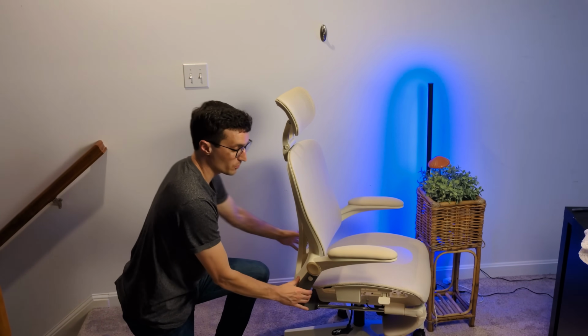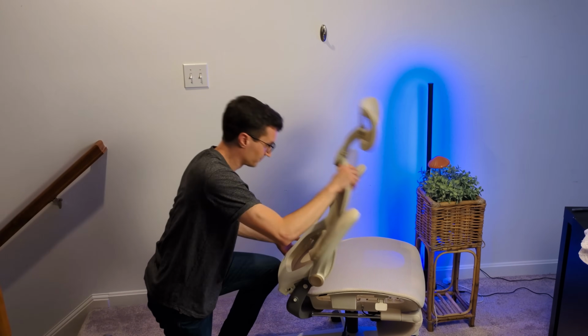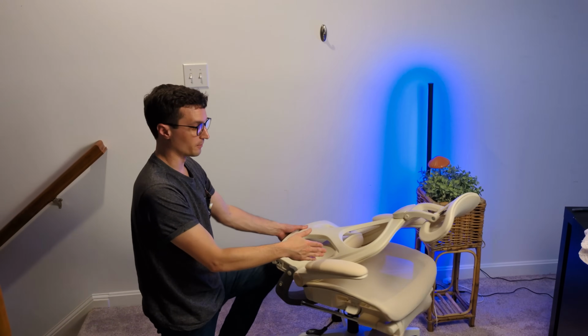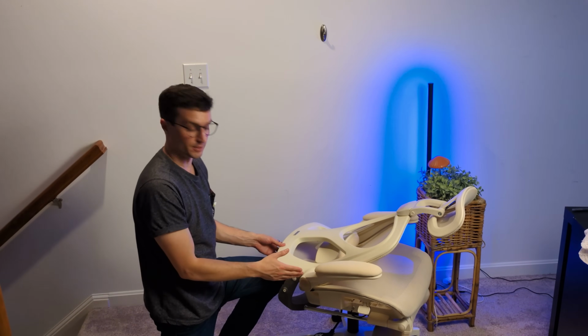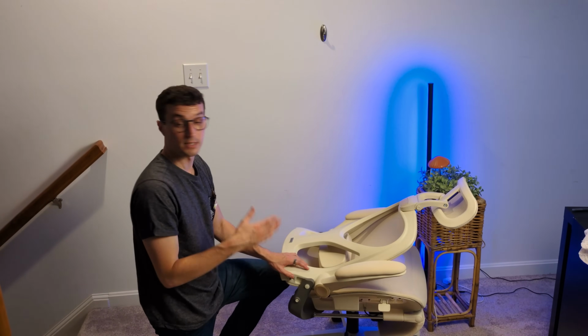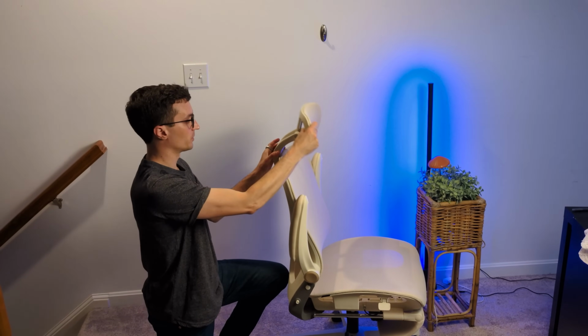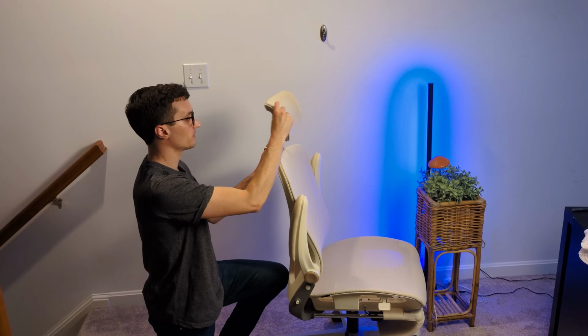We have, of course, the Foldex feature, with 2 button presses allowing you to fold the chair down. I will admit this is not the flattest position possible. I did expect a little bit more fold in this chair, but this is adequate enough to store under my desk and get away. It has the adjustable headrest with these 2 buttons here for depth and tilt, as well